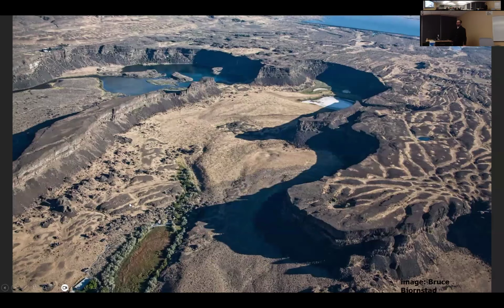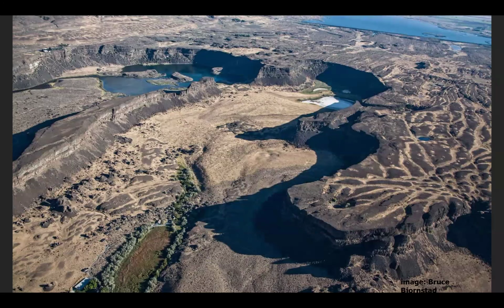And then moving into more modern technology, this is a drone-based photograph of Dry Falls by Bruce Bjornstad. And like the aerial photograph, it just captures in a very visceral way